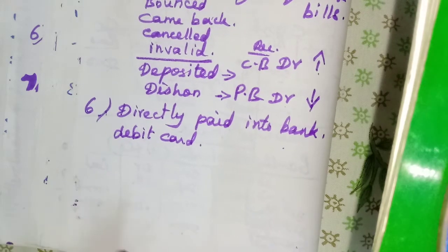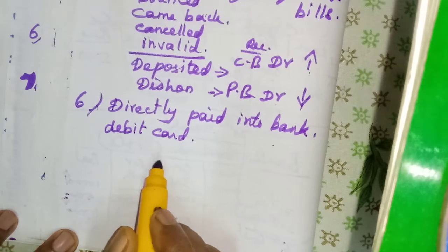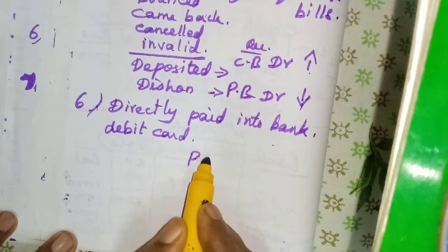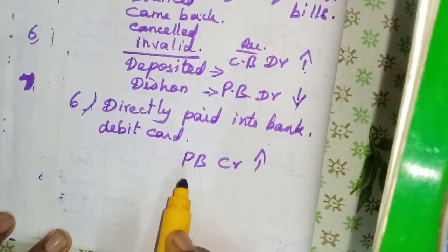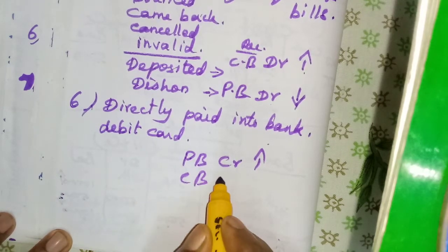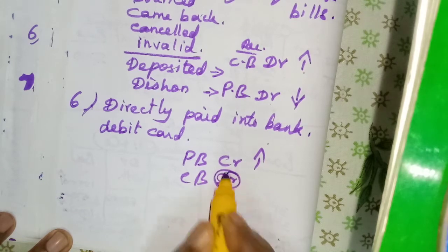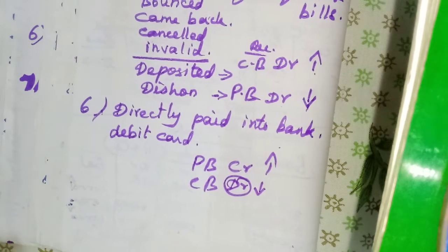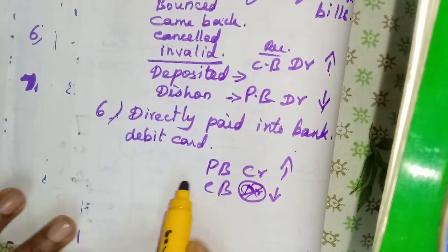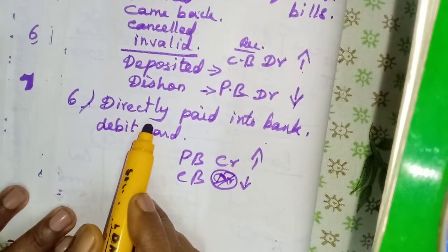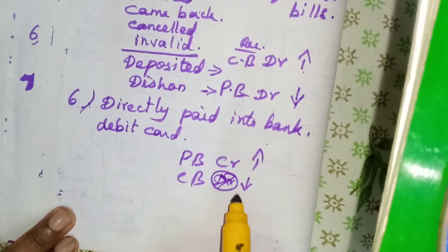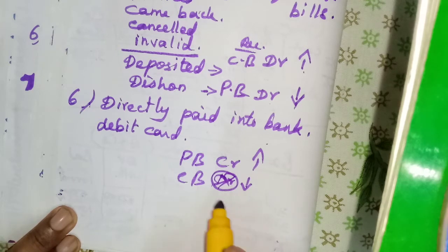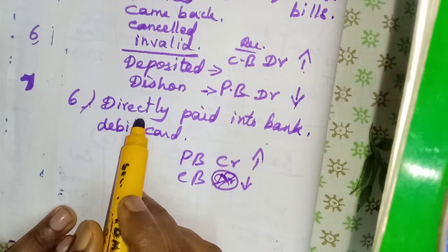So here the bank will credit, isn't it? In the bank passbook they will credit, so the amount will increase. But here in the cash book, we will not debit. We will not enter this because we do not know who and all have paid in the bank directly. So we will not enter in the cash book,